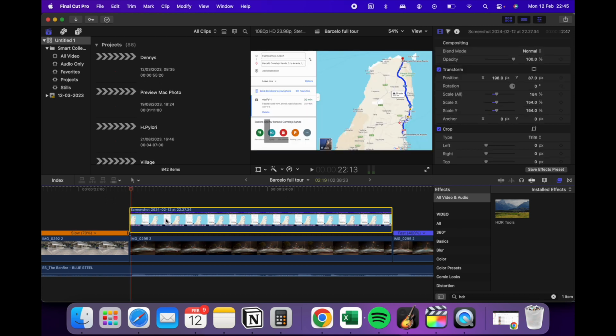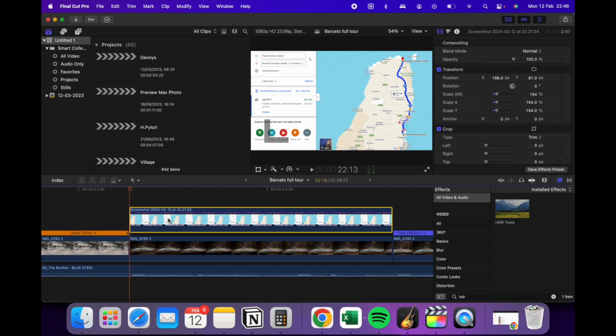So what you have to do is you have to first click the image. So I have this image here of the map. And what you have to do is ensure that you're at the start of the image if you want the effects to start immediately. If you want the effects to start halfway through, then you can move along wherever you want along the image, but I want the effect to start straight away, so I'm going to align it here,